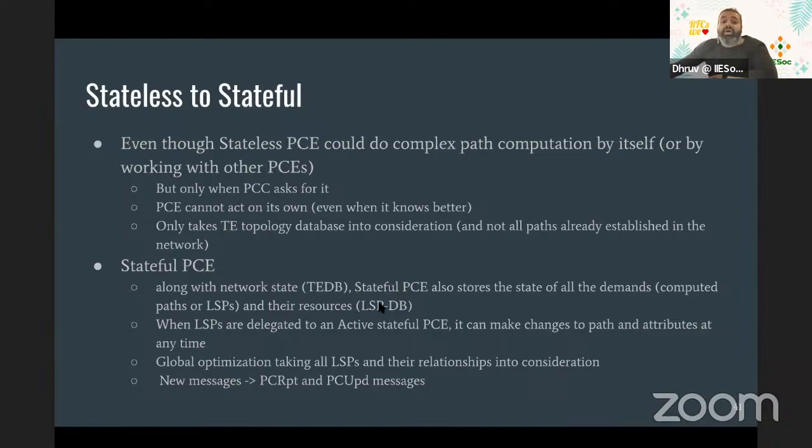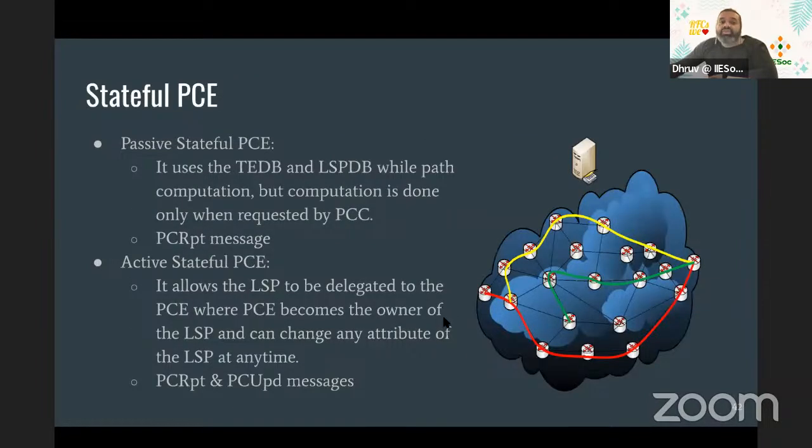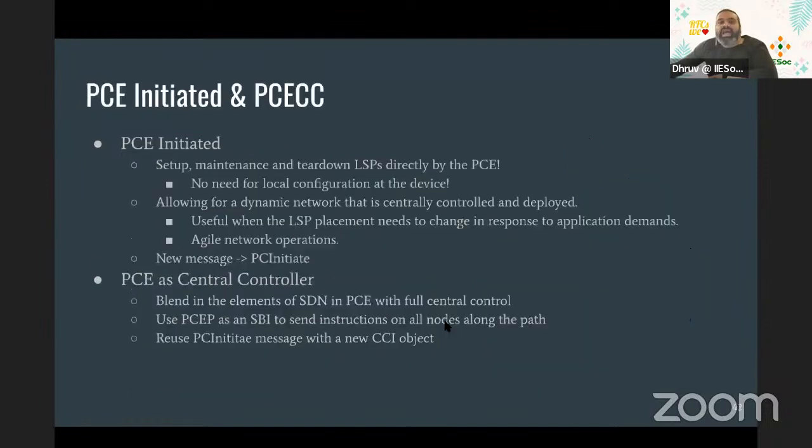And later, this also allows you to do global optimization, not just compute the best path currently, but compute paths in such a way that multiple paths are optimized at the same time. And later on, making changes to the paths which were already set up in the network based on the changes that are happening in the current network. So this is where the stateful PCE became more like an SDN controller and was also able to initiate paths